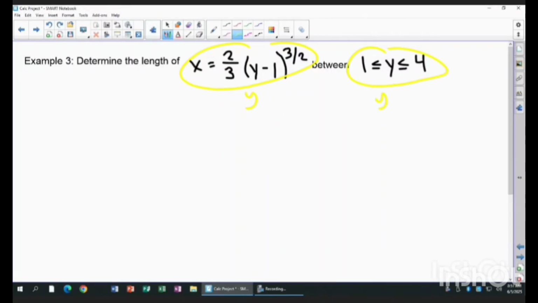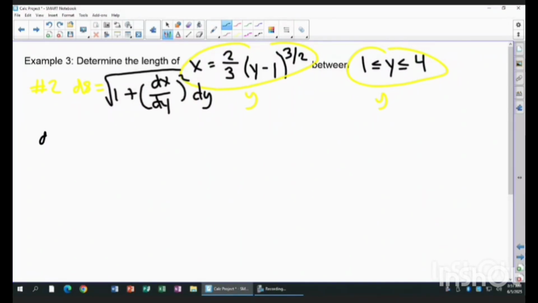So we are going to use the second ds, which will be the integral of the square root of 1 plus (dx/dy) squared dy. So in doing this, your derivative